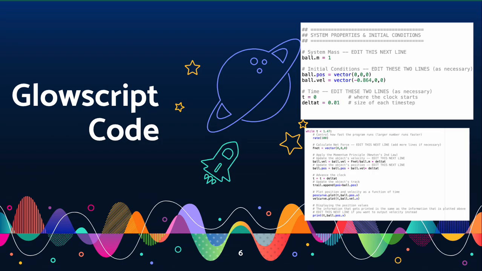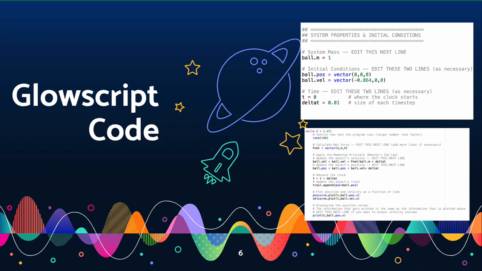Luckily, that entire second part will end up equaling 0, so we can ignore F net, but the ball's mass, and delta t, because these will all end up being 0 at the end of the day. For the ball's position, the update formula is as followed. All the variables are used. The ball's velocity, however, does not change, so the average velocity will be the same as the initial and the final velocity. Delta t is defined in the first picture as 0.01 to give an accurate representation for